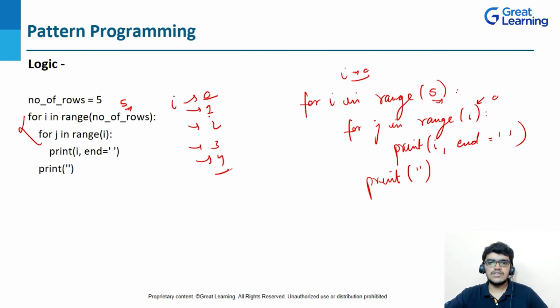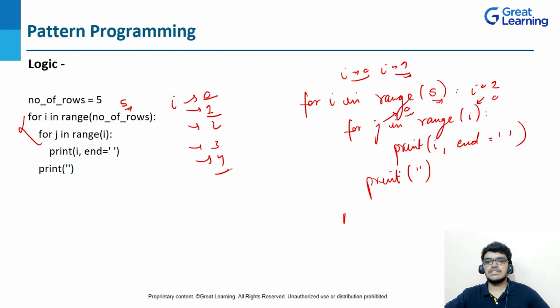So for i equal to 1, now i will take a value of 1. So what will happen here? When i is equal to 1, then j can take the value 0, right? So it will print the statement for the 0 value. Inside this you can see that I've written print i. So i value is here 1, right? So 1 will be printed. Then you will see that I will be getting a gap here, right? I have used this for the gap. Now this will jump to the next line.